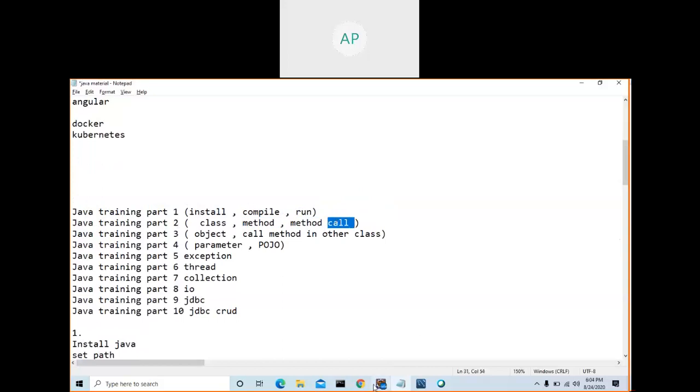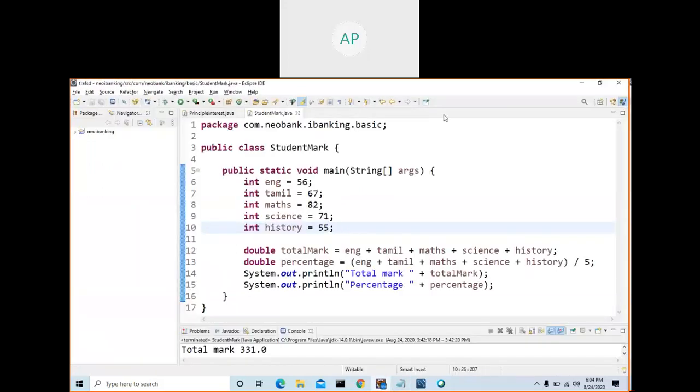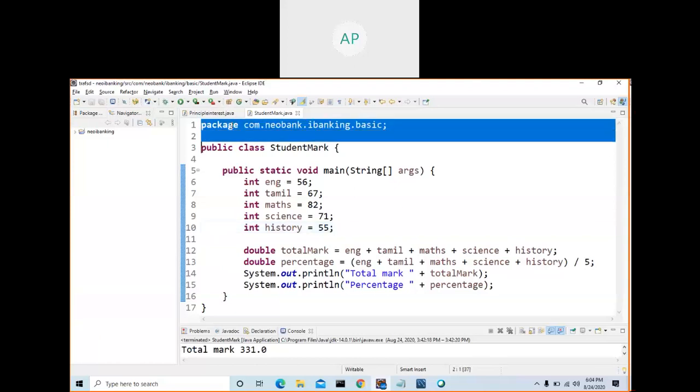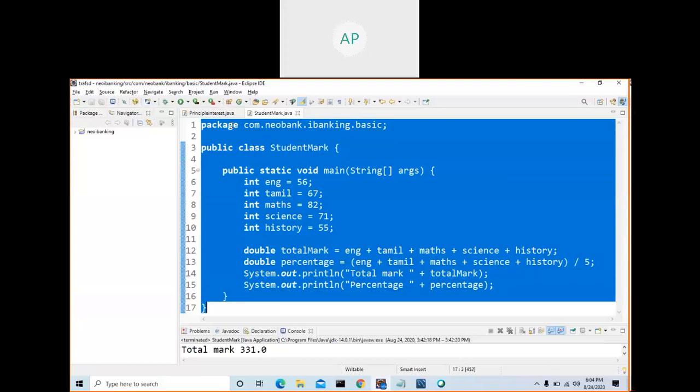Okay. So when you go here, this is one of the Java programs. How many lines are there? There are around 16 lines. There is a line gap, right? If you reduce it, there are 14 lines. So 14 instructions. In Java, we call it a class, whereas normally we call it a program: C program, C++ program, Java program. So in Java, instead of calling it a program, we call it a class. See, this is one class.